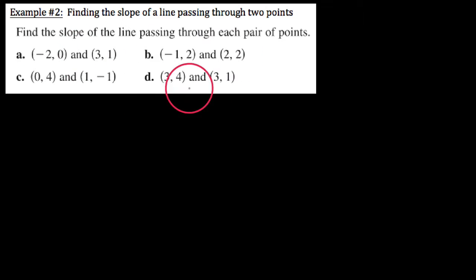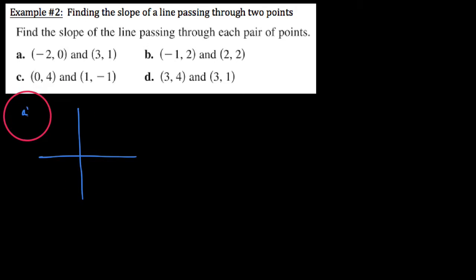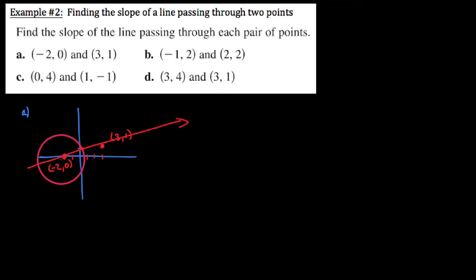Let's go ahead and take a look at just a few examples here. What I want to do is just find the slope of the line passing through these pairs of points here. For our first one here, I'm kind of a visual guy. I want to at least visualize this, but we have negative 2, 0. Negative 2, 0 is right here, and then we have 3, 1. So we'll go right 3 and up 1, and we'll label this here. So if there is a line passing through these 2 points right here, then really what we want to do is find this ratio of rise to run. Illustrating it, here's what you would see right here.